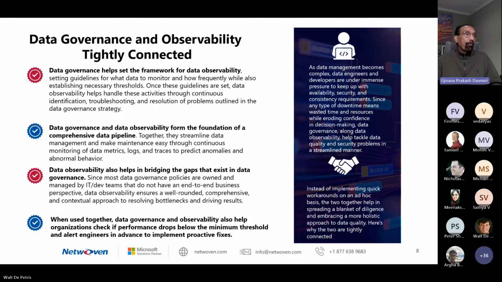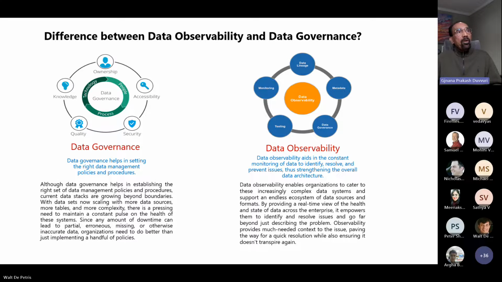Okay, next slide, please. Difference between data observability and data governance. We discussed everything. What's the difference? Jnana, people may ask, right? Data governance helps in setting the right data management policies and procedures. If you look into the life cycle, data governance is covered by process, people, and technology, and surrounded by ownership, knowledge, quality, security, and accessibility. Whereas data observability is more in the monitoring, data lineage,